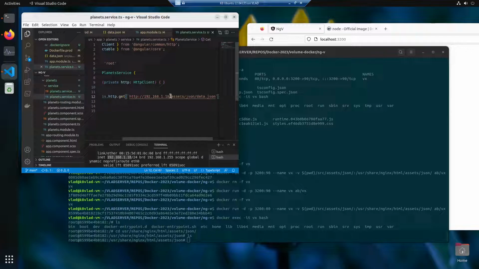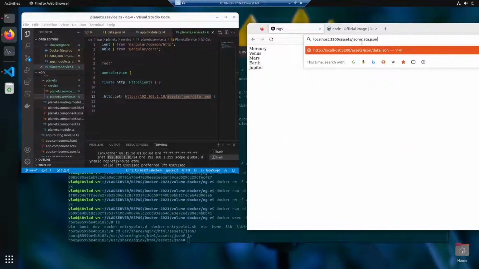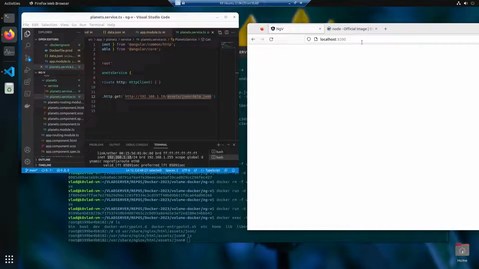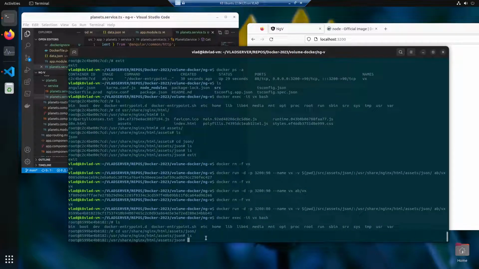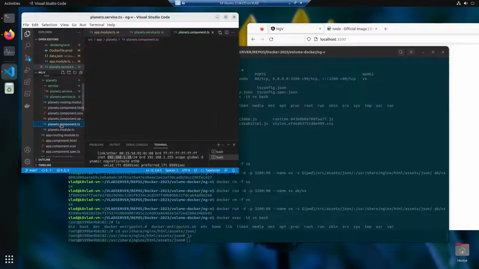And if we try to access that here, there's none, because I don't know where. I really don't know by now, but we can try this one first. assets/json. Okay, and then here in our